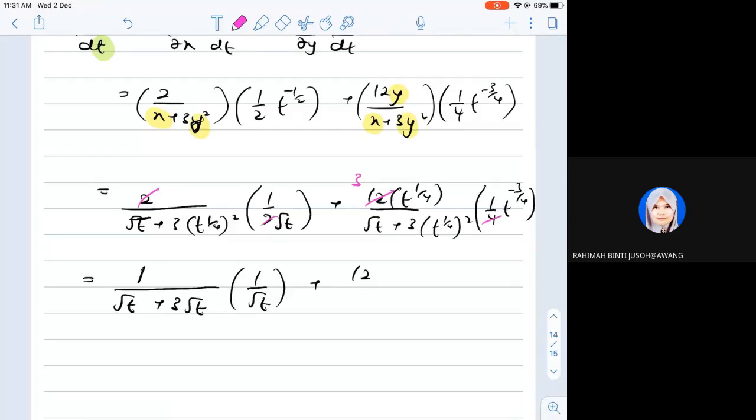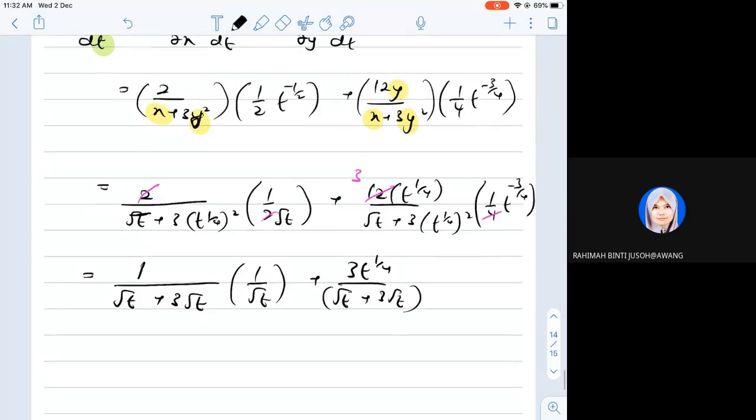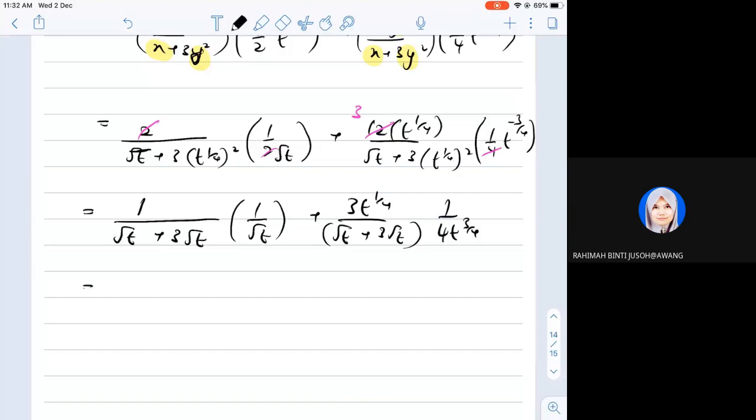So this is multiplied by t to the power of 1 over 4 minus 3 over 4. I multiply directly, 1 minus 3, so negative. The negative goes to the bottom later, no need. Okay, we do it at the bottom. So t to the power of 12, so it becomes 3, wait, 3 t to the power of 1 over 4. And then we have square root of t plus 3 square root of t multiplied by t to the power of 3 over 4, 1 minus 3 over 4, 1 over 4 t to the power of 3 over 4, something like this. So we will have